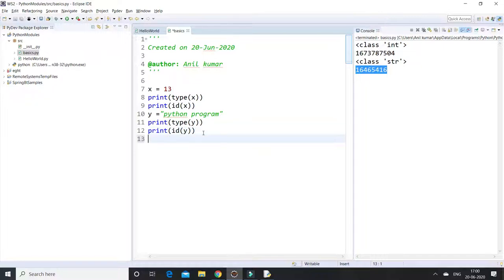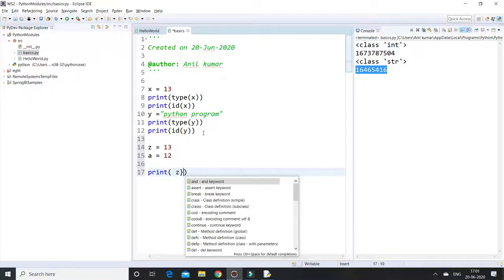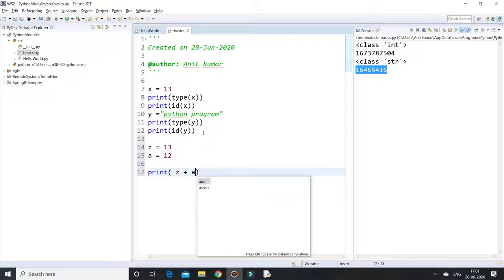So suppose let us create one variable, z equal to 13, and a equal to 12. So we'll perform arithmetic operations. 13, z plus a, and I'm copying this operation.